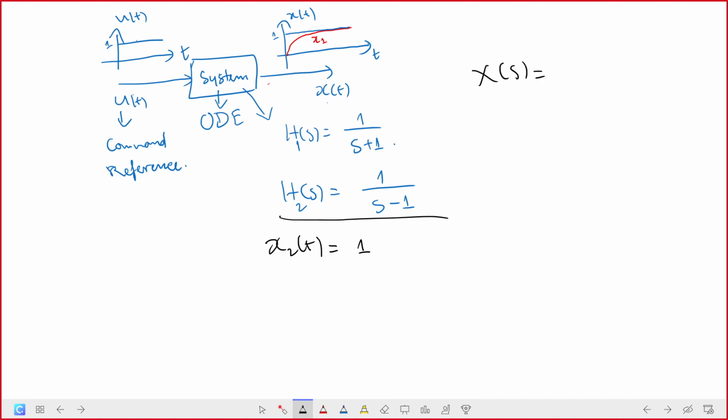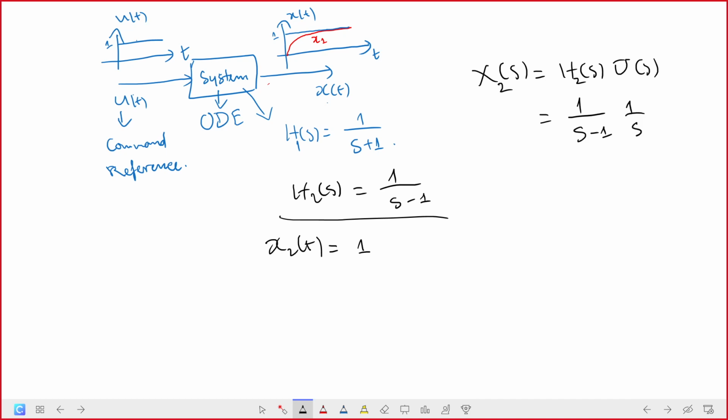H of s equal to h of s times u of s equal to 1 over, I try to make black all of this. So h2 of s equal to 1 over s minus 1, times 1 over s. Here should be minus